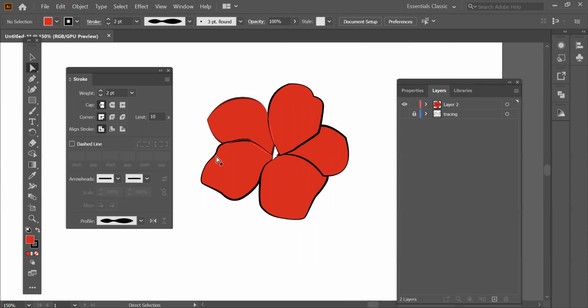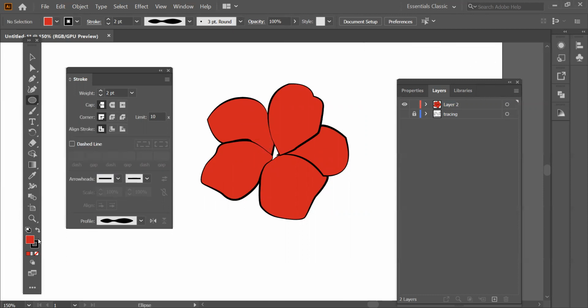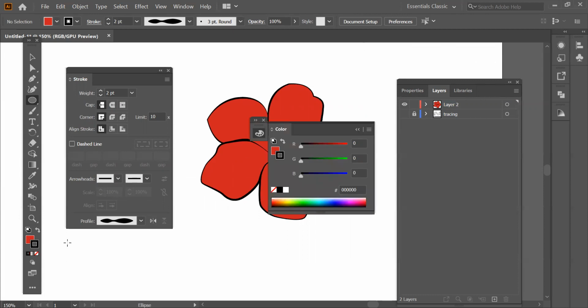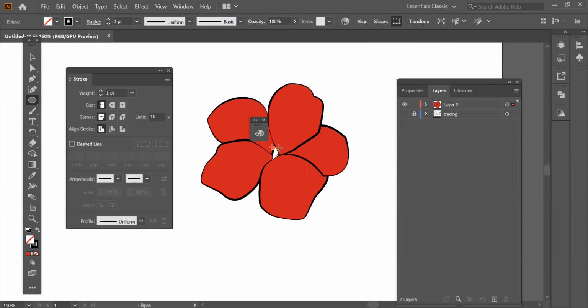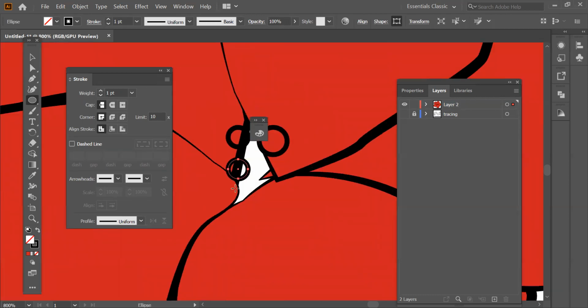And now what we have to do is add small dots in the center. Illustrator already has all the tools ready. I'll just take the Ellipse tool and do it. I'm not going to do the fill right now. Let's make it first and then we'll fill it. I'm just making it small. Zooming in, Control plus.